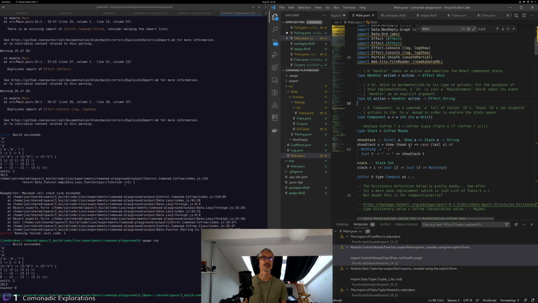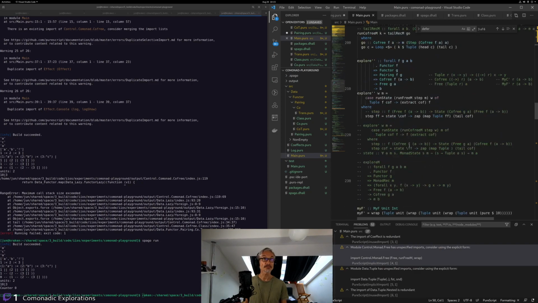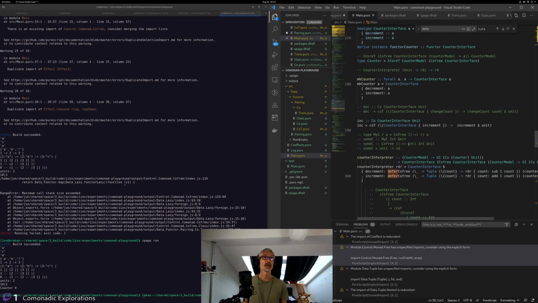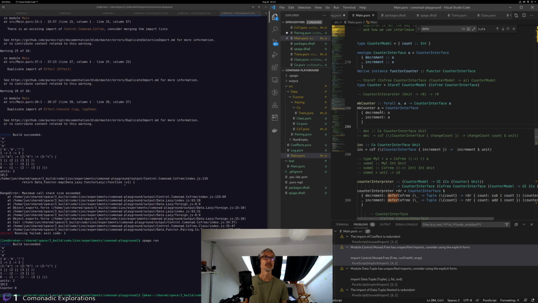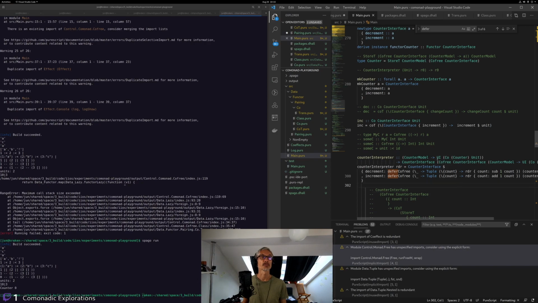So our UIs are just strings, and our interpreter right now is trying to have monadic actions in the base functor, similar to what Phil Freeman was doing for this particular bit of code. And then trying a counter interpreter,